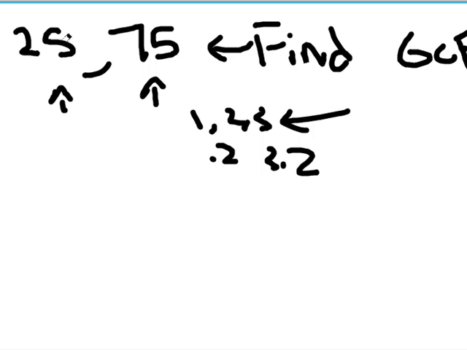Let's try 5, because these two end with 5. 25 divided by 5 is 5, and 75 divided by 5 is 15. So that works, because 5 and 15 are both whole numbers. But let's see if we can find a bigger number. Let's try